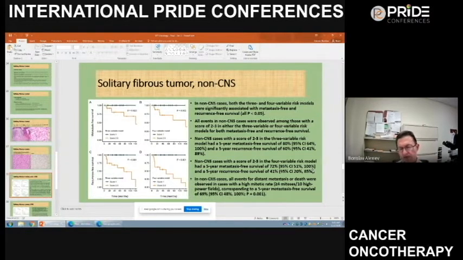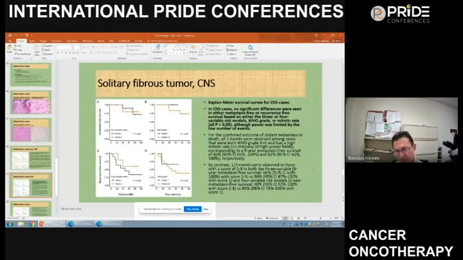For non-CNS cases with score 2 and 3 in the 4 variable risk model, they had a 5-year metastasis-free survival of 72%, so lower, and a 5-year recurrence-free survival of 41%. In all non-CNS cases, all events for distant metastasis or death were observed in cases with high mitotic rate, as defined by the WHO mode of 4 mitoses per 10 high power fields, corresponding to a 5-year metastasis-free survival of